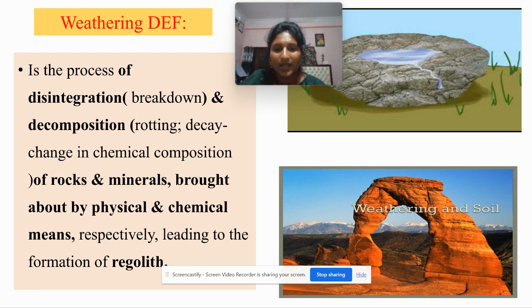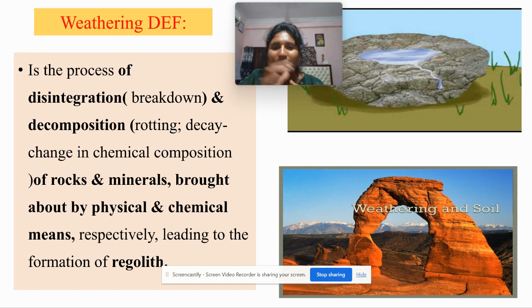So they are defining that weathering is disintegration, just breaking down of rock with the help of water or some other factors, and decomposition. Not only just breaking down, but also, as I already told you, rock is composed of two or three minerals, right? So when the water penetrates into the rock made up of minerals, suppose it is gypsum, calcium sulfate and water,